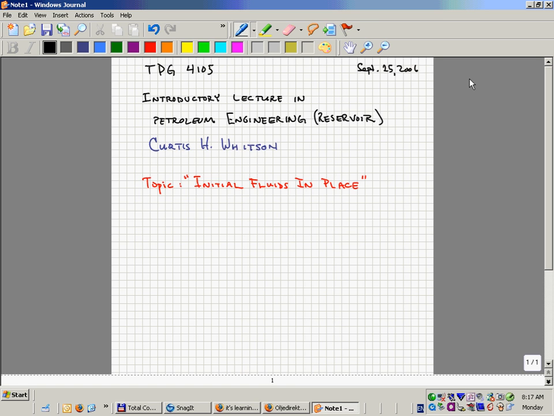And this is the first time I've been asked to participate in teaching this introductory grunnkurs. This is a module that's part of the so-called reservoir teknisk part of the petroleum technology discipline. Does anybody have a problem with understanding my English? I'll try to keep it slow, but